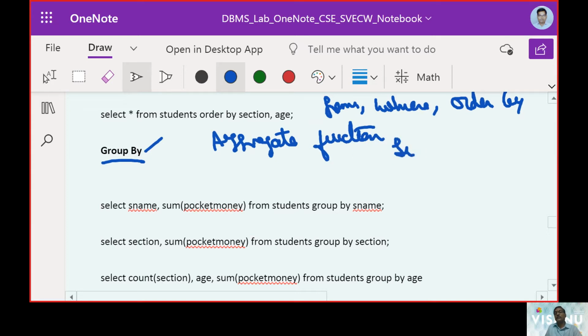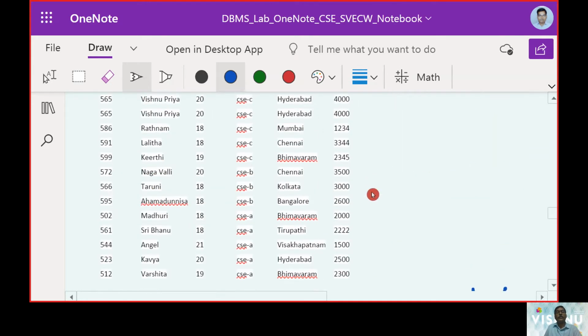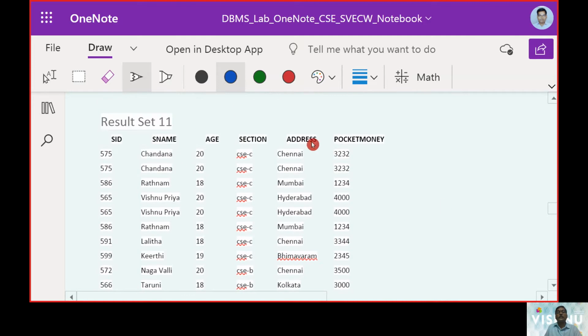Some of the aggregate functions will be sum, average, count, etc. So when we put the sum of pocket money independently, it will consolidate the entire table's pocket money: 32, 32, 32, 12134, 4000, 3344.